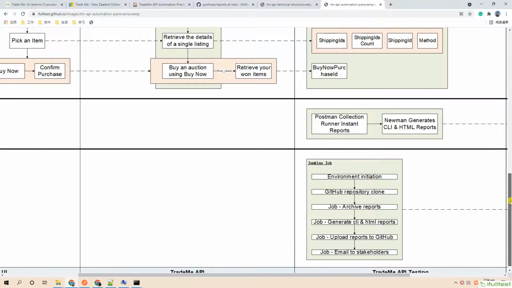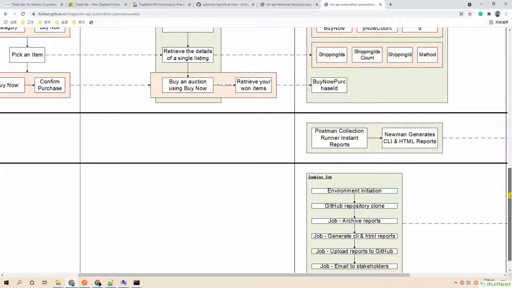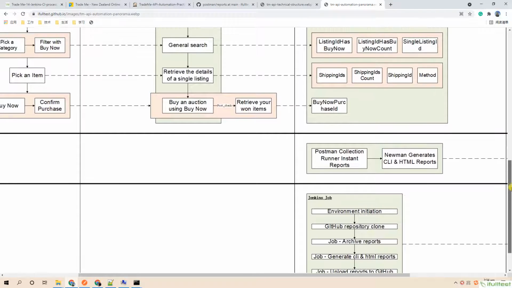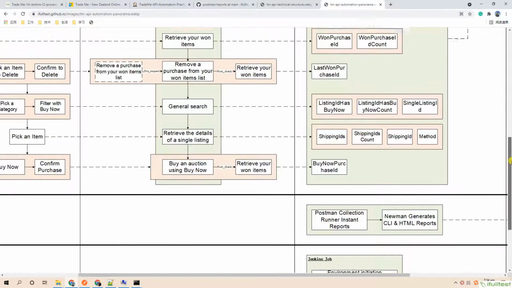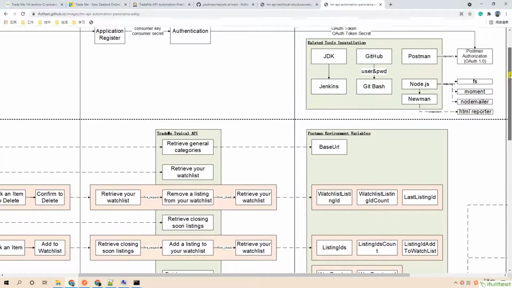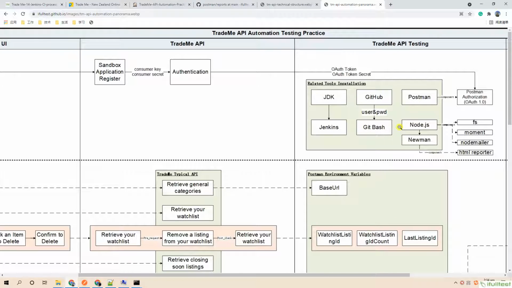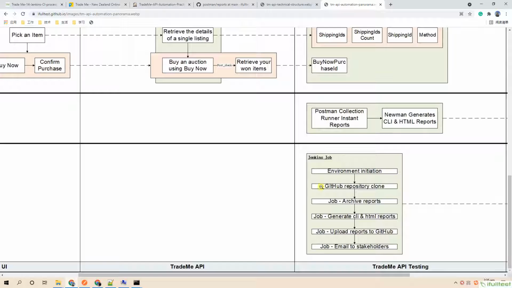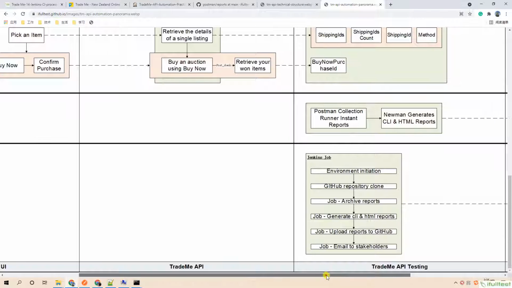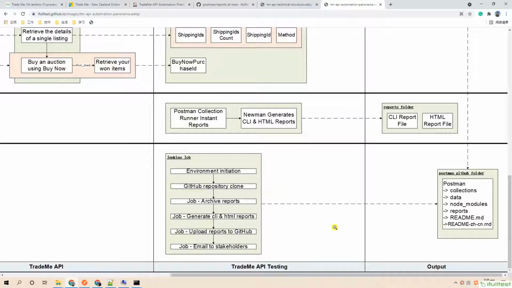Till now, we have gone through the whole API automation testing process. So let me wrap up this video. We first described step by step how to prepare the initial local environment. Then we detailed the Jenkins job and email function report. Finally, we ran the Jenkins job and checked it from GitHub, email and the front-end UI page.